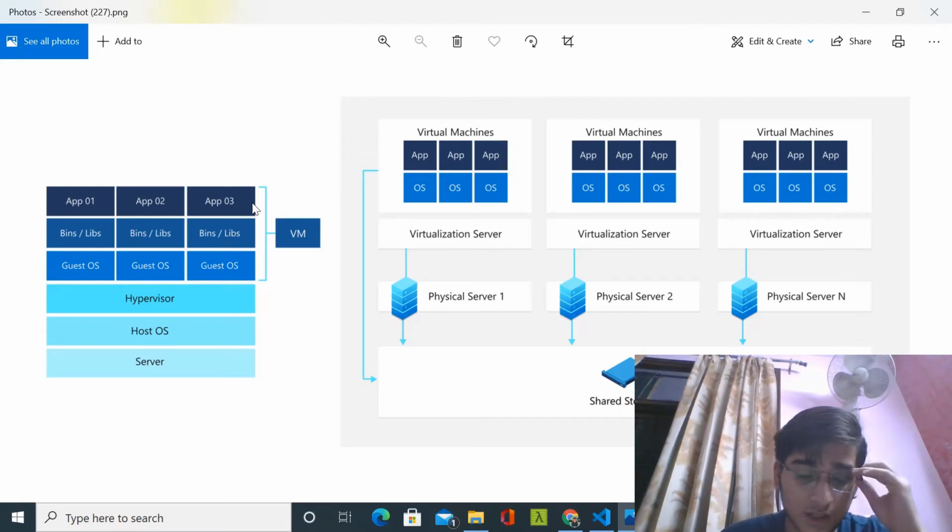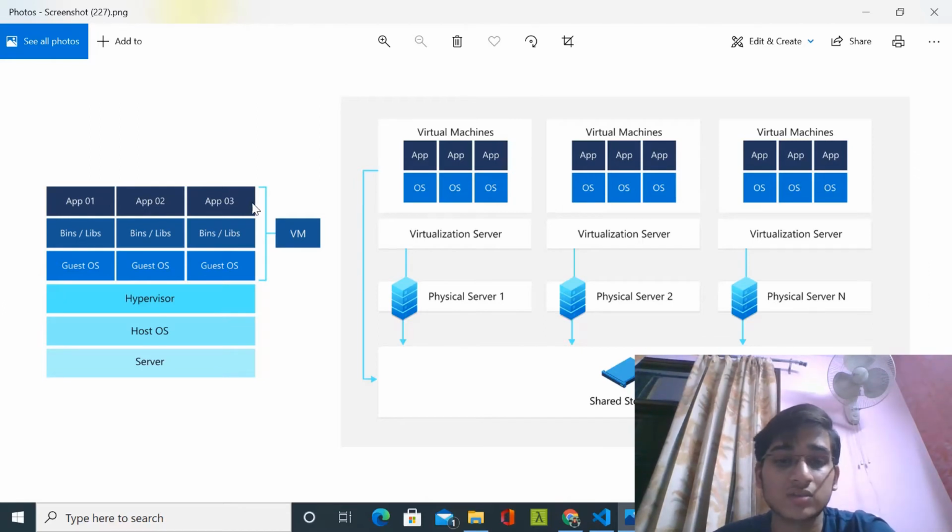Why is that? All applications within a container run in user space, which is a separate space in your host OS, which runs all the processes run by the user. This allows applications to interact with the CPU directly without passing through the guest operating system and hypervisor, etc. As a result, containers offer better performance than virtual machines.